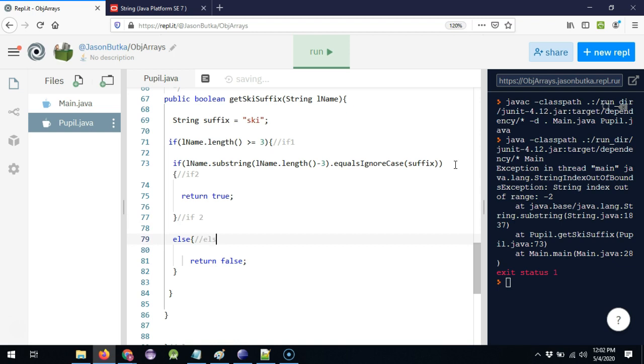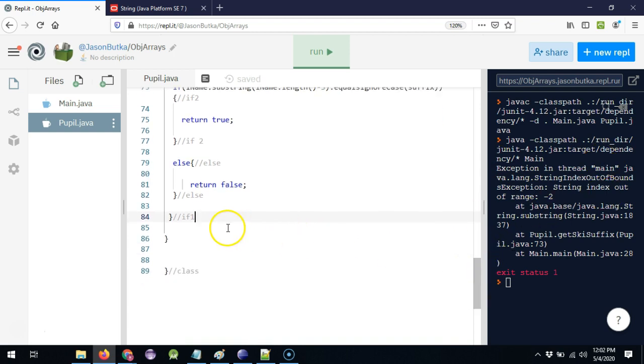I'm commenting these braces real quick. After that if statement, I'm still inside the method, so I'm going to put an else, because if it's not at least 3, then I'm just going to go ahead and return